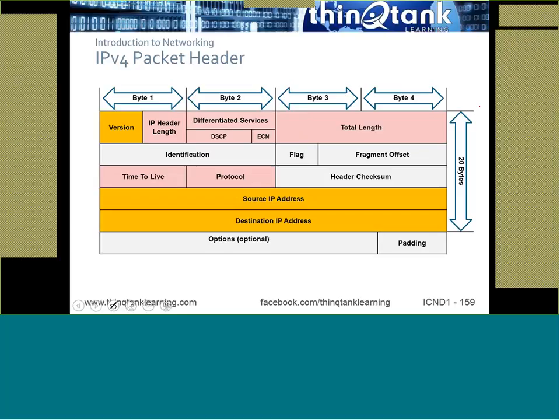Just like the type field at layer 2 tells me what's being carried inside the payload, inside the frame, the protocol field allows me to identify what's being carried inside of IP. I know it seems like a lot of information. All right? It is a lot of information, but